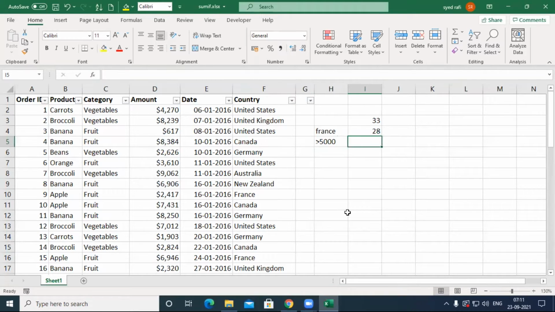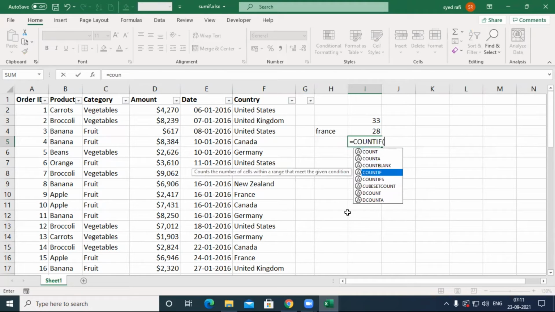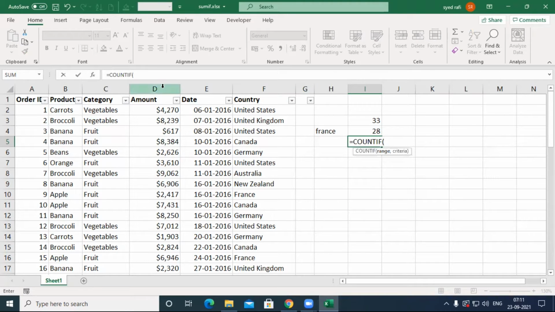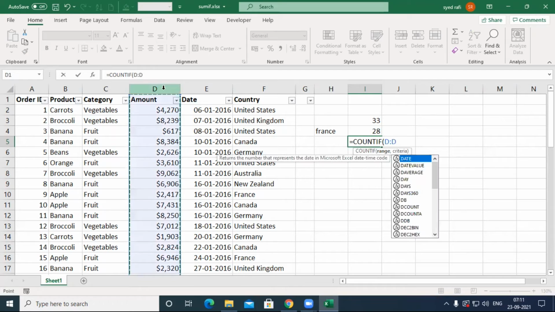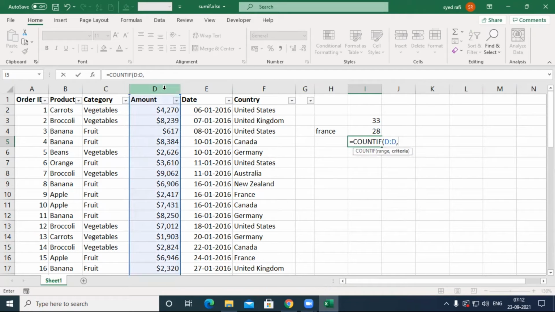What happened? If I want to directly interact, equal to COUNTIF, I want to set at this location, comma, greater than 5,000.